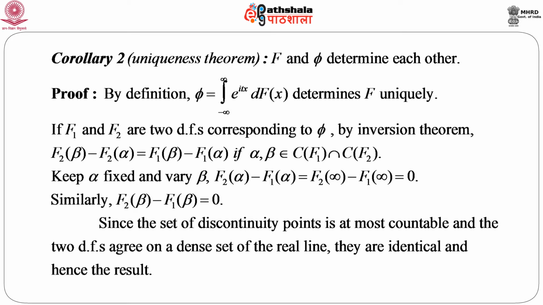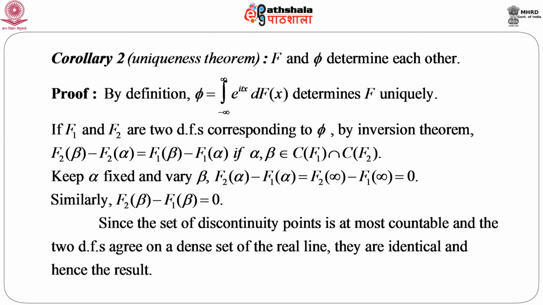And we already know that the set of discontinuity points is at most countable, and the two distribution functions agree on a dense set on the real line, that means on the continuity points. Since the set of discontinuity points is at most countable, the set of continuity points is a dense set on the real line. The two distribution functions agree on a dense set of the real line, hence they must be identical,